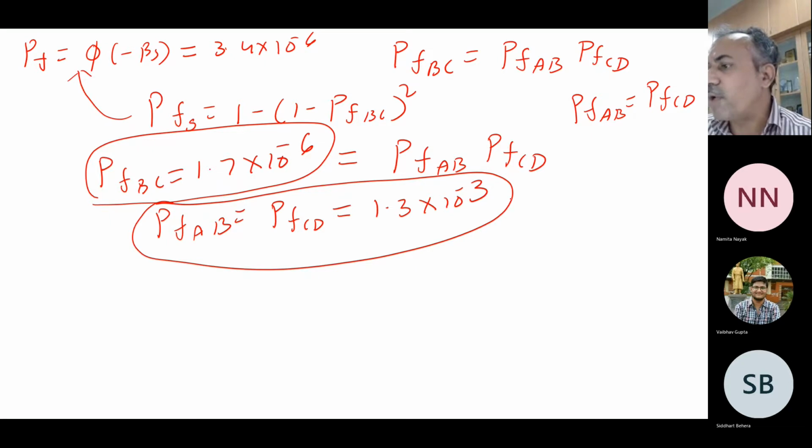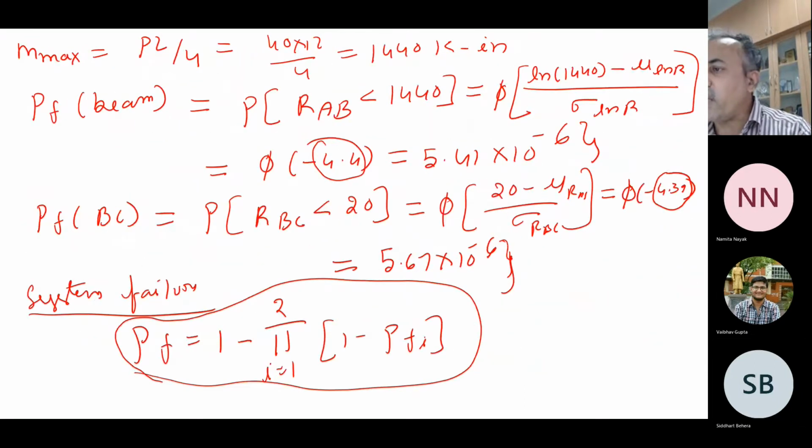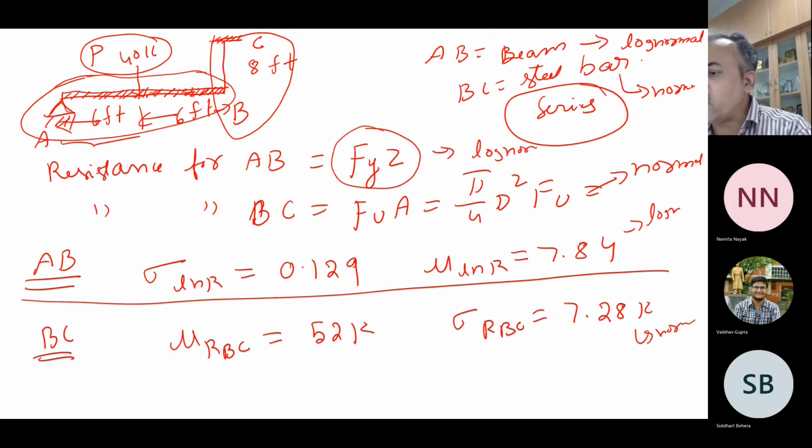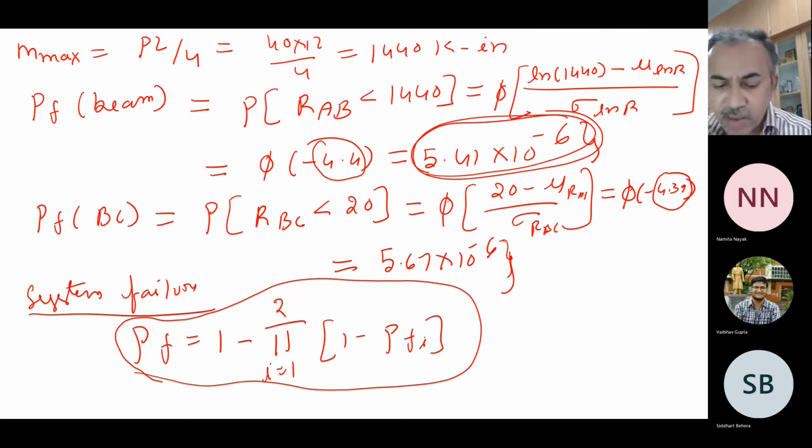So now, knowing these probabilities, you can design your structure. It is like an inverse problem. In the problem we have done here, you were given the load and all the uncertainties in the resistance, and you calculated the probability of failure. Now I will give you the probability of failure, and you do the inverse problem and find out what the resistance should be, given those parameters. You can do these types of calculations also. So this is one way where you can do the design.